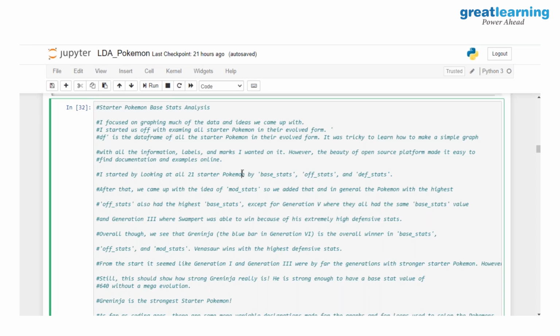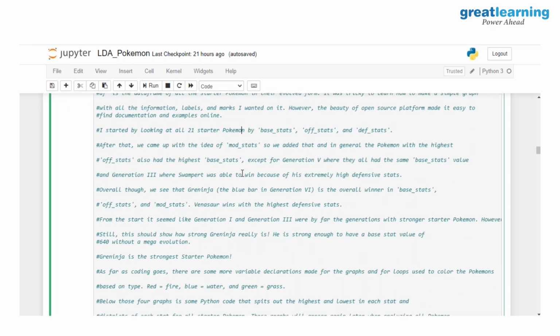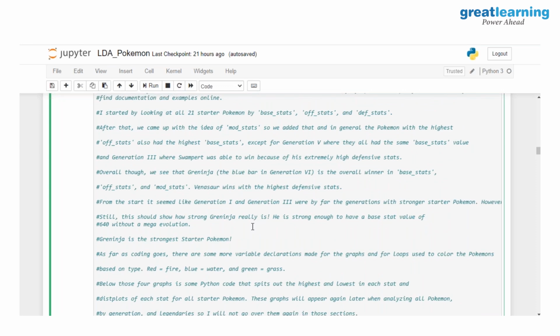Although it was difficult, we labeled it in a way that we can do this completely, because there was a lot of stuff available online about the Pokemon. So we started looking at all the 21 starter Pokemon with their base stat value, off stats value, and the offensive and defensive stats values, so that we can compare their mod stats with the highest and the lowest, and compare between the various generations. And what we got, very interestingly, was, if you focus in here,